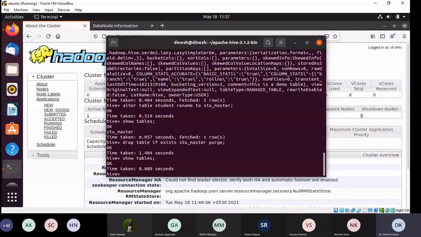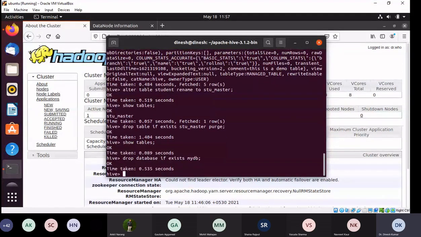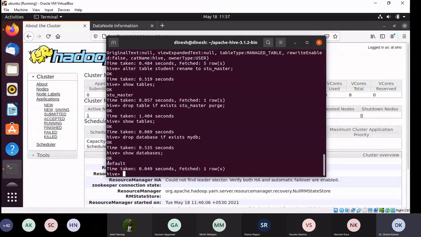Similarly, we can drop the database. Drop database if exists. Right, so you can see there is no MyDB database existing over here.